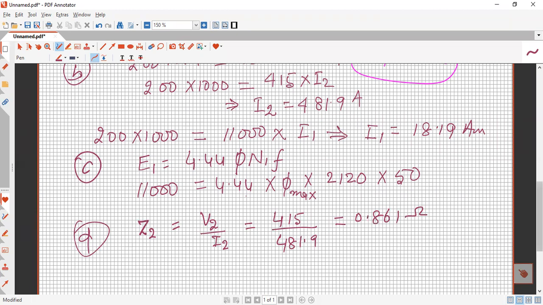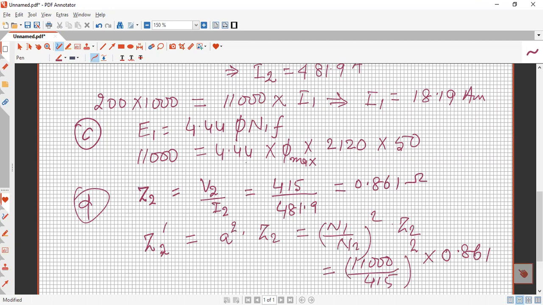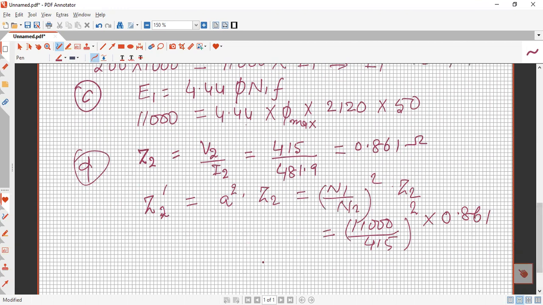This is the secondary impedance. Now in the question it is also asked to transfer this secondary impedance to the primary side. It is called Z2 dash, the secondary impedance referred to the primary. It is equal to a square into Z2, where a square is the turns ratio N1 by N2 squared, into Z2. N1 by N2 is V1 by V2. In fact, V1 is 11,000 divided by V2, 415, squared, into 0.861. Just solve it, and you will get the value of the secondary impedance referred to the primary side, which comes approximately